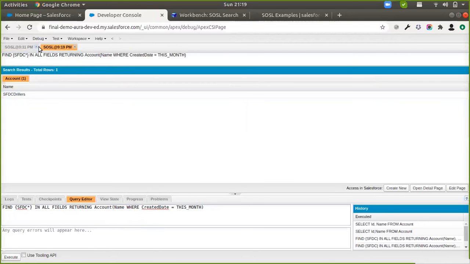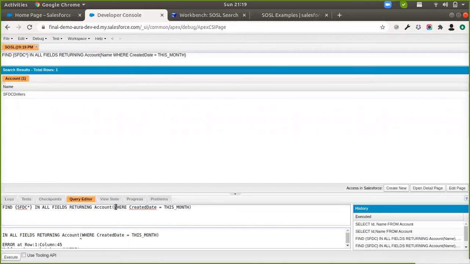This query works and this returns me the data. But if I don't specify here that I want to search the name field and I try to run this query, this will throw me an error. So this means that in order for you to apply a where clause in your SOSL queries, you need to filter out the fields. You cannot search in all fields of an object.